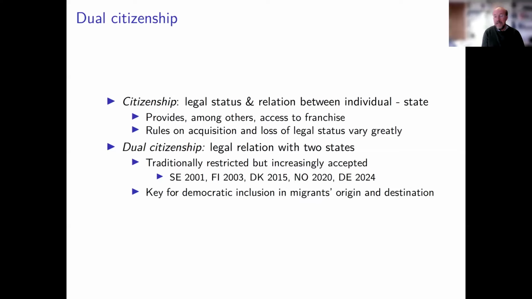For example, through economic links, through remittances, and they often lobby the governments of their origin countries to liberalize dual citizenship rules, because they say, well, we still have a strong link with the country. We identify as citizens of countries where we came from. We have economic ties. So we also want to be recognized as citizens, even though we might also have acquired links with other countries. In Europe, we see a strong liberalization trend.